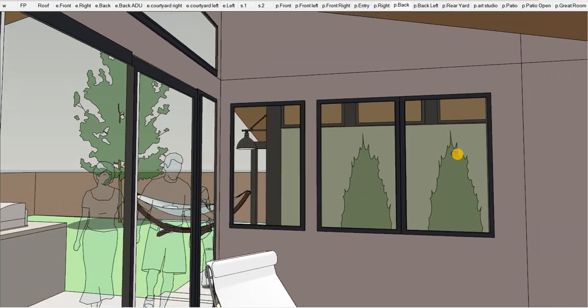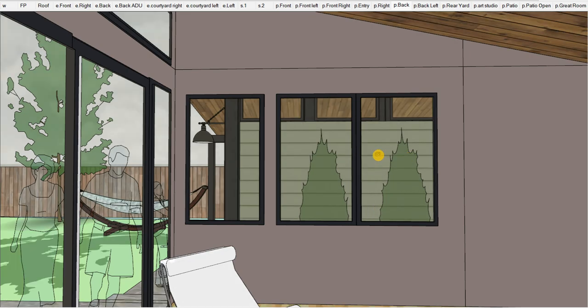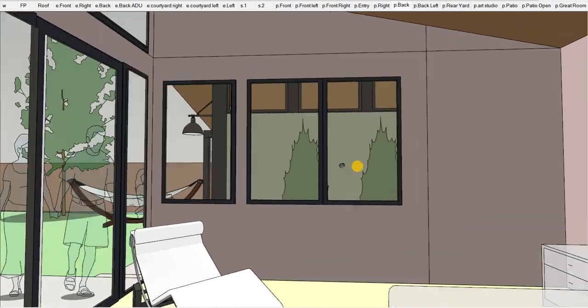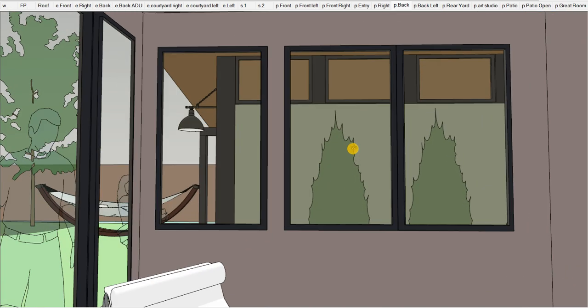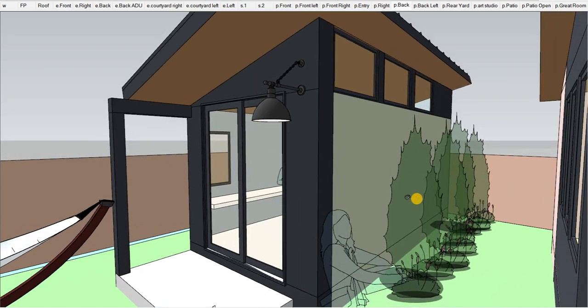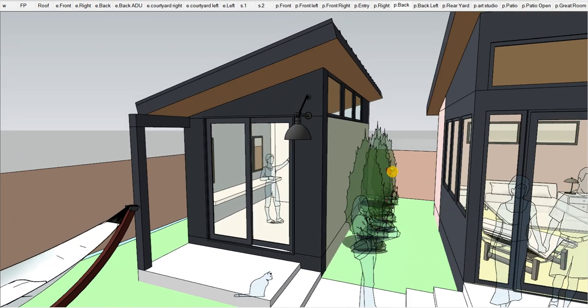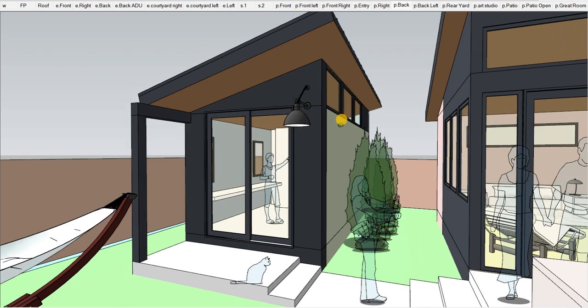And even though the studio is right here, it's only 7 feet away, I think that by raising the windows up high on this wall and allowing for some planting to happen at that wall, it's really sort of softened this up in a way that, sure, it's still tight. Yes, I still think there's some concern about seeing this wall, but it's not as bad as